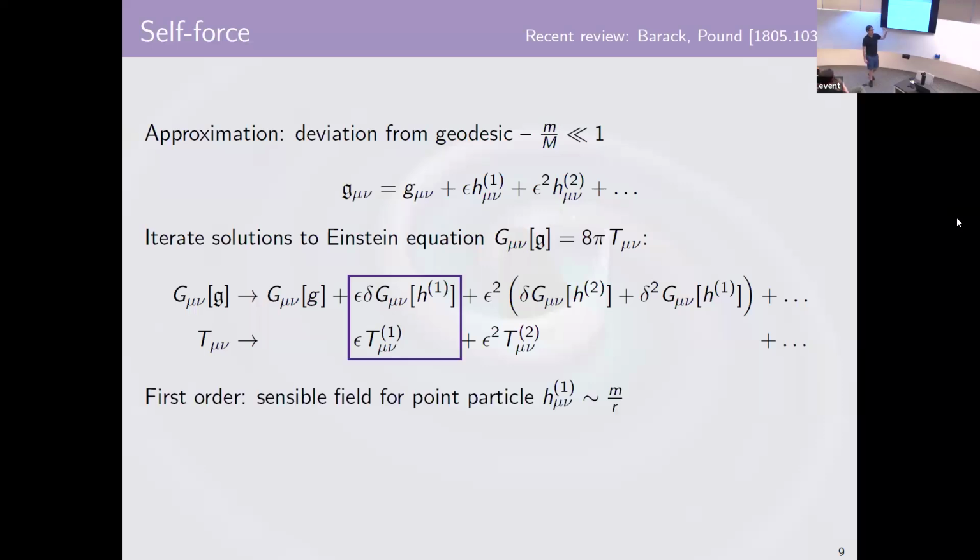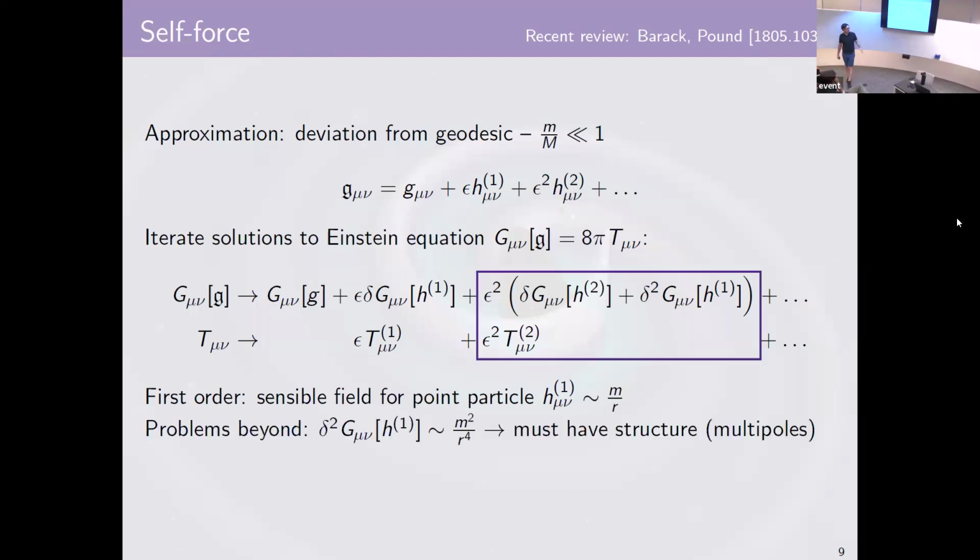At first order, everything is sensible. If you plug in a point mass, you get out something that looks like a 1 over r potential. Great, fine, everything solves. You try to go to second order, and you run into all sorts of problems. Your second-order perturbation, in terms of the first-order perturbation, means that whatever distributional thing describes your point source is now like an m squared over r to the fourth. It's very bad. You do not want to try to make predictions with that. It's not an integrable source in any sense, including as a distribution.